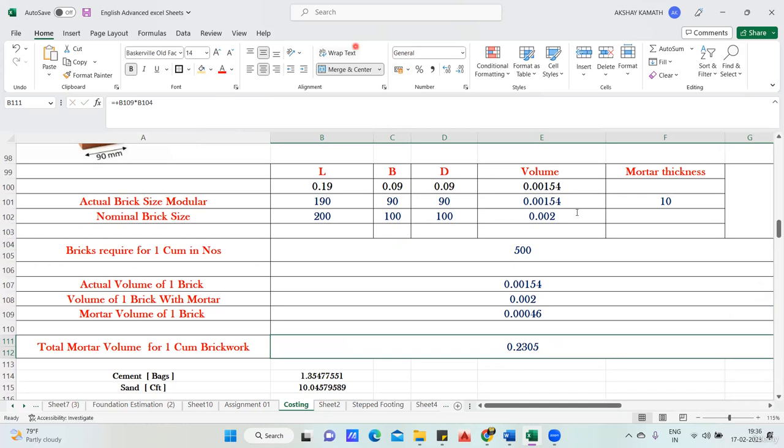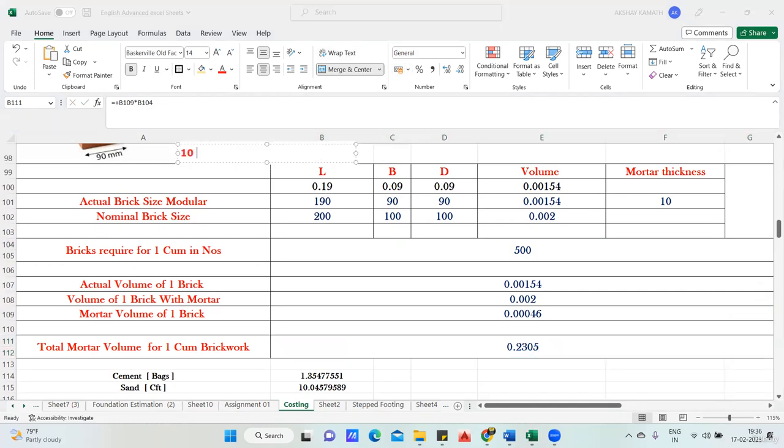For example, somebody told you that he has done a calculation and he has found that 10 cubic meter of the brickwork has to be done. He'll ask you, tell me how much bricks are required. You will multiply 10 into 500, because for 1 cubic meter, 500 bricks are required. For 10 cubic meter, 5,000 bricks are required. Then he will ask you, tell me how much mortar will be required. Again, you know, for 1 cubic meter, you require